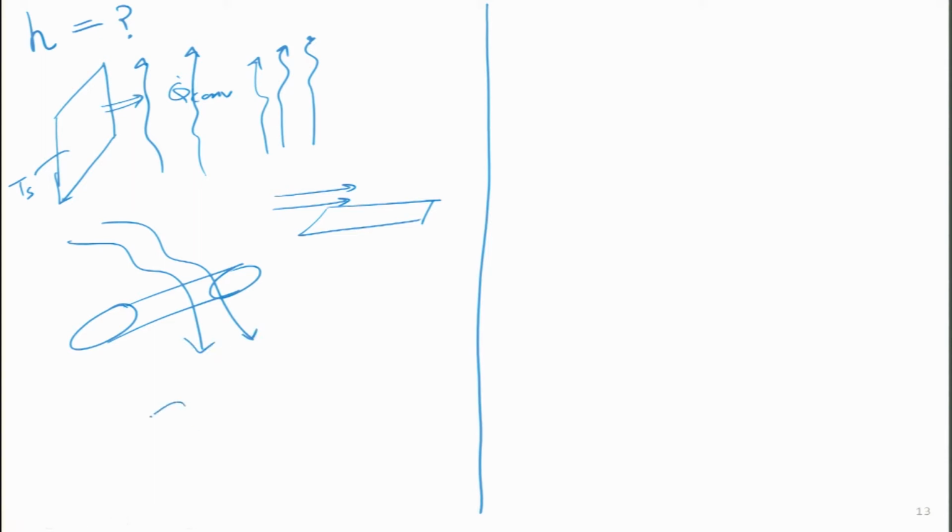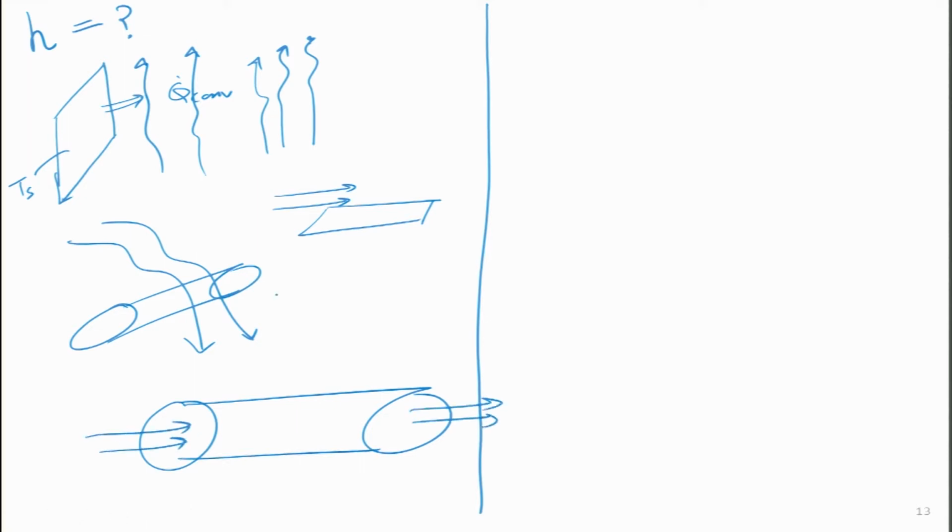We may even have a hot cylinder in which the fluid is actually passing through. It need not be just external to it, it can also be internal. So these will be all different kinds of cases that we will look at, and in all these cases that I have shown over here, the flow is actually forced. So all these examples that I have shown in blue color are examples of forced convection.